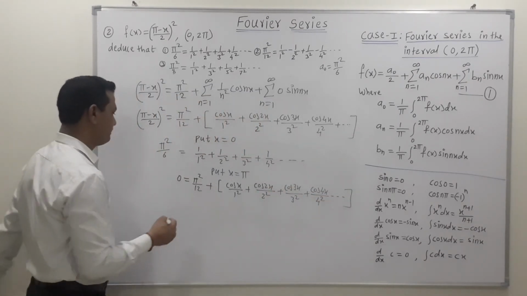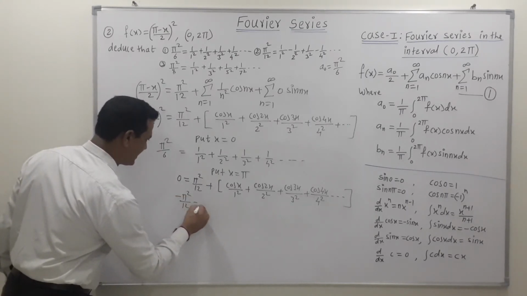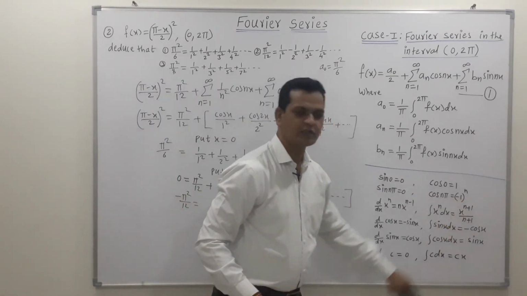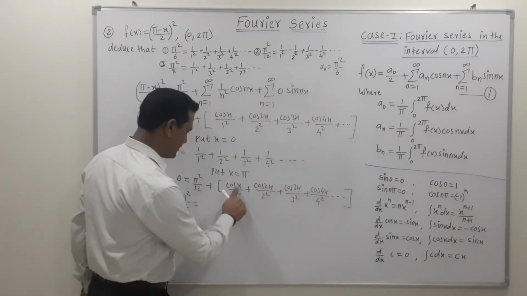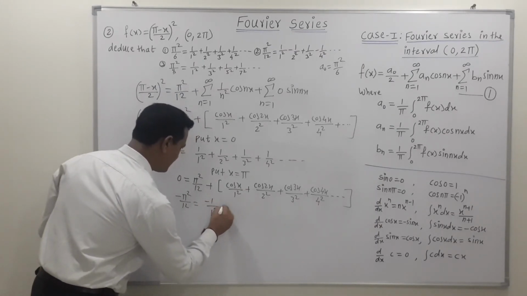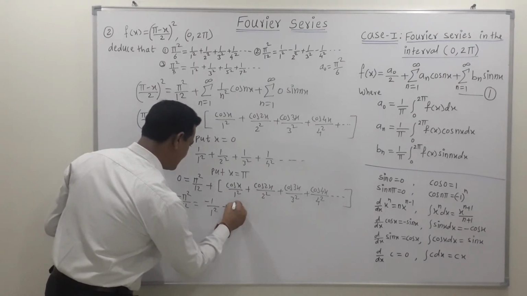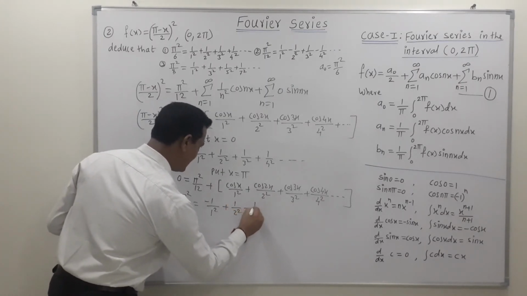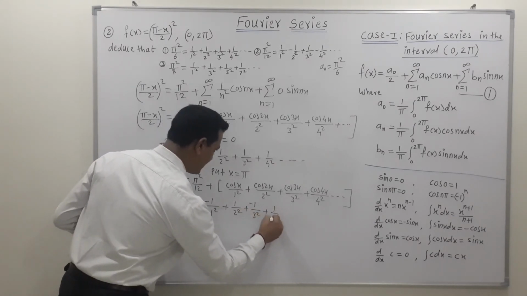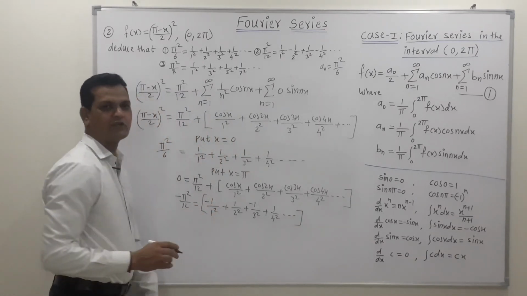Just simplify this term. Now if we take this to the left side, then we get pi square upon 12 with a minus sign. Now, friends, observe that the alternating power of this cos of n pi is minus 1 raised to n. This is odd, so we can write this as minus 1 upon 1 square plus, if we simplify this, 1 upon 2 square, then minus 1 upon 3 square, then 1 upon 4 square and so on. So this equation we got here.